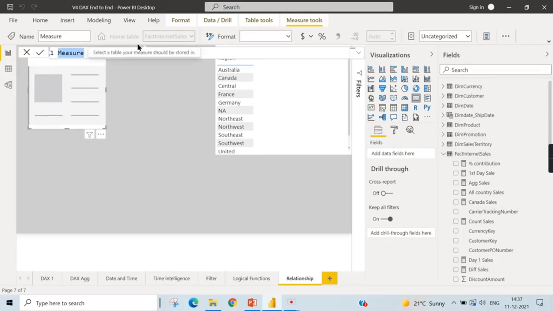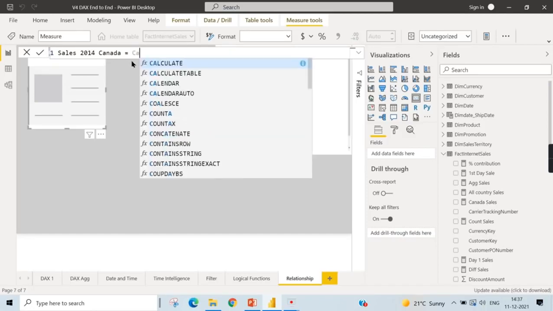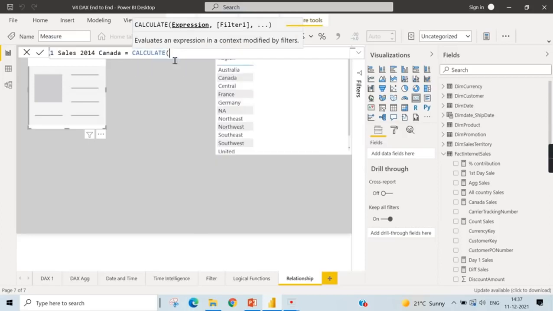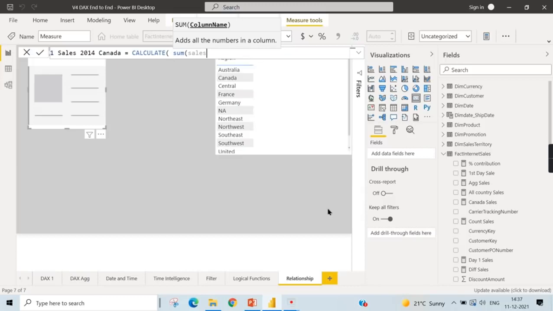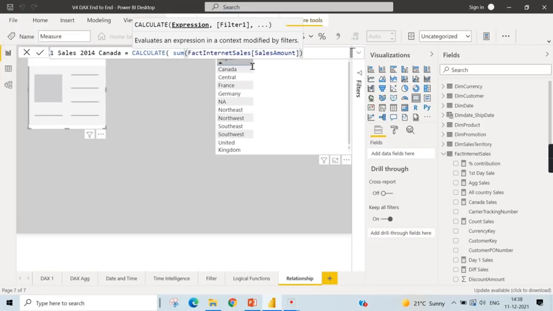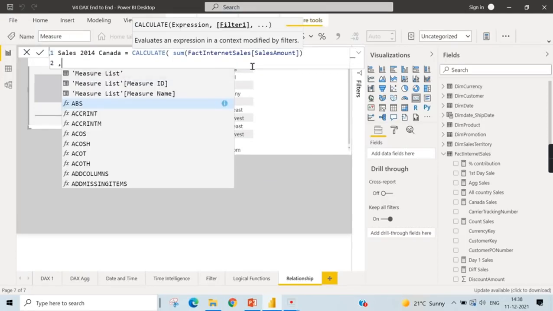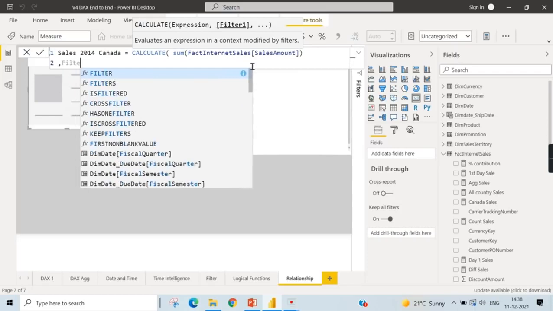So what is my concern? Sales 2014. Okay, and then I need Canada, so I will name it like this. So calculate again sum of sales amount, start writing it, sum of sales amount, close braces, alt enter, then comma. Here I use the filter